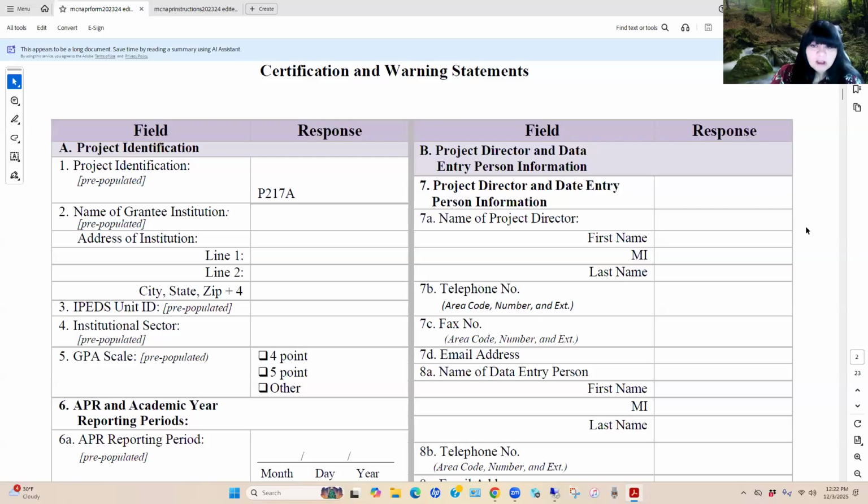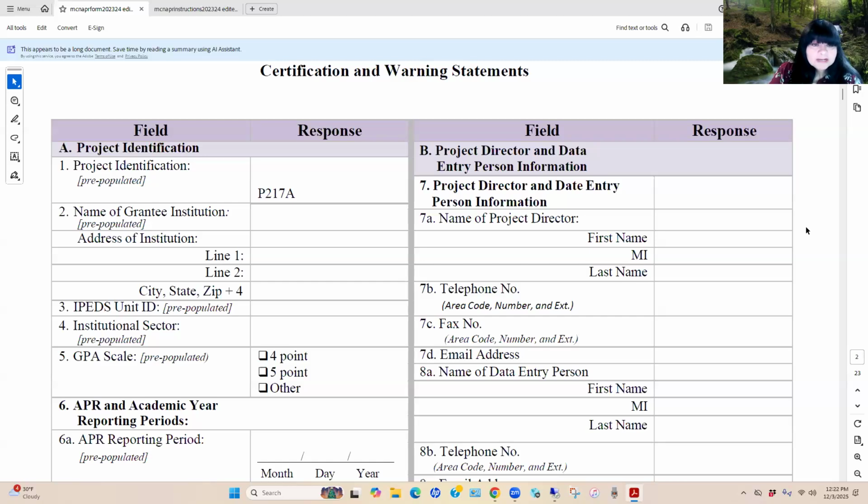In most cases, the project director information is going to be pre-populated. However, the data entry person is not. It's important to note that when you're filling out the information for the data entry person, if you do not have another individual that is going to be assisting with the APR submission process, then the project director should be entered twice because it is a required field in the web portal.